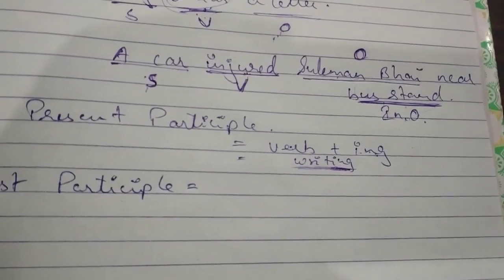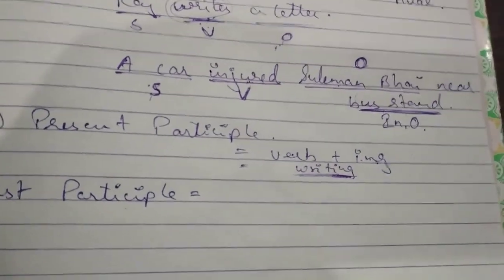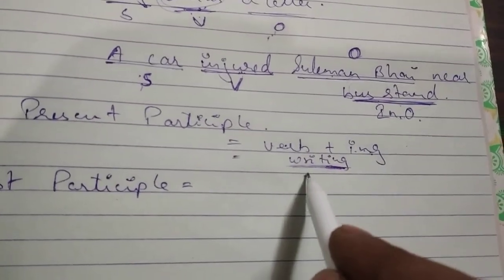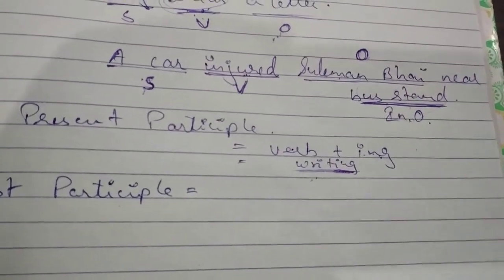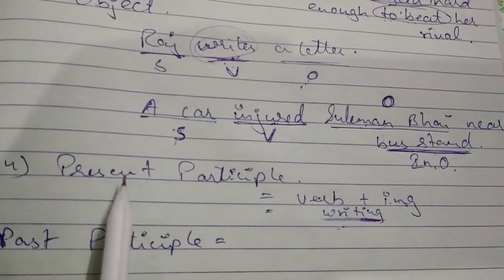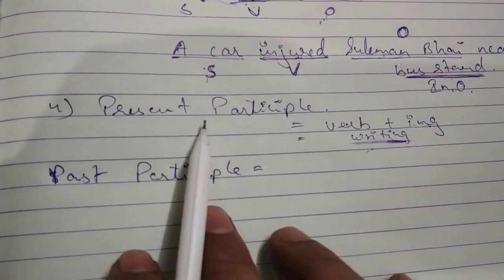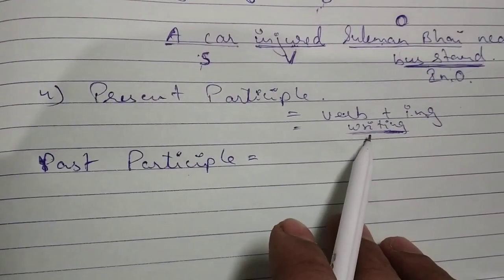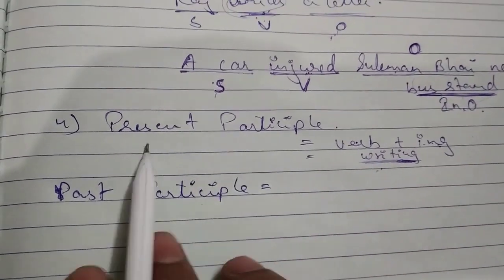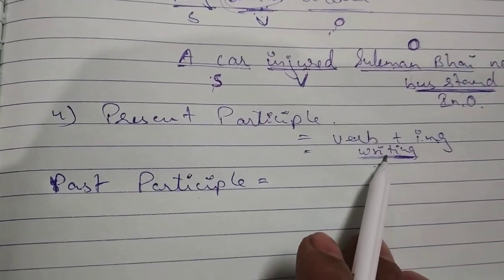मैं लिख रहा हूँ. Action is going on, no? So for this purpose you have to put the verb in ing. I am writing. For continuous. For continuing, you have to put the verb in ing to show continuation of action.